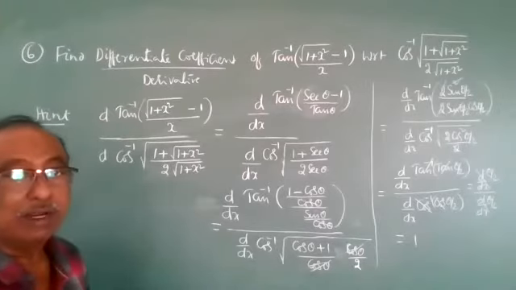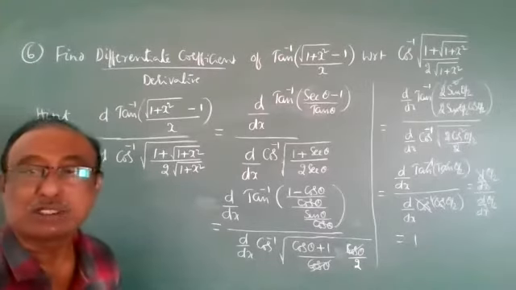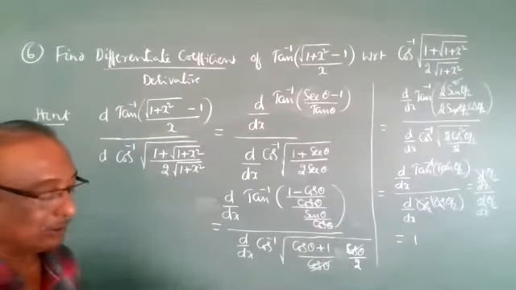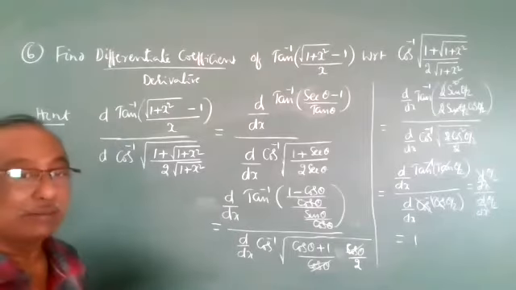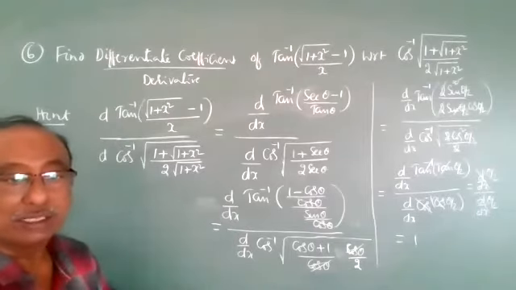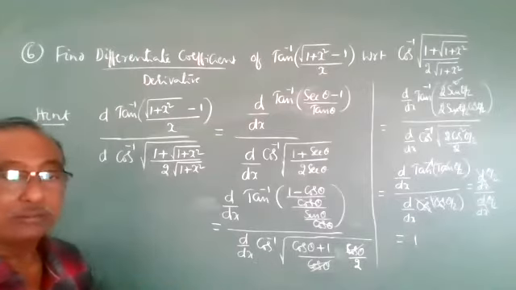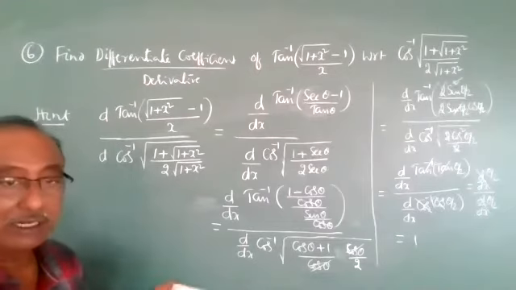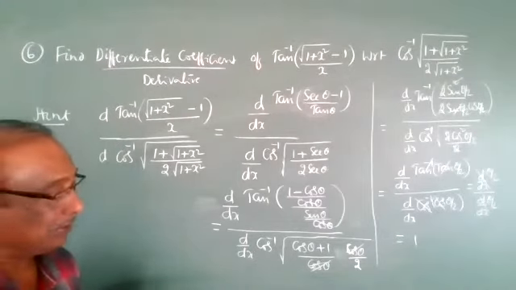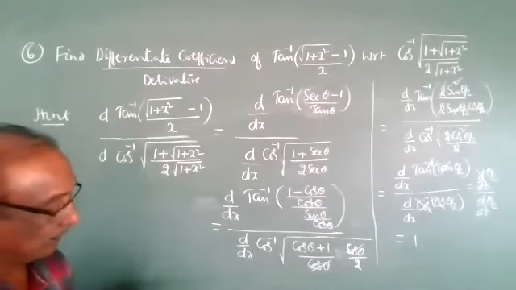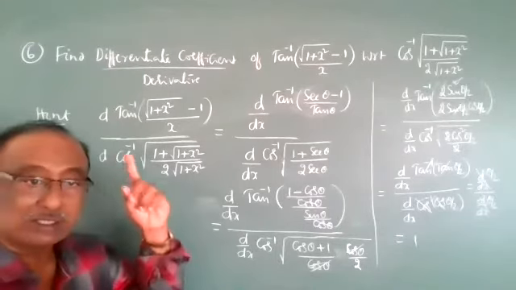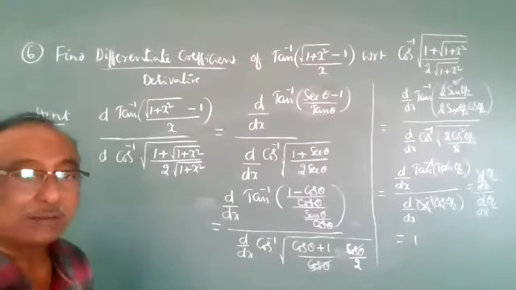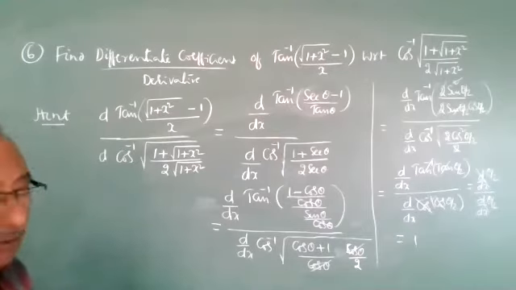Right, the derivative of one function with respect to another function is completed. So all models are completed. Next, I go through the differentiation of the determinant. This is a new topic, not in our textbook, but they are asking, so that's why we are going to discuss the derivative of the determinant. Next, we go through higher order derivatives, section 5.7, the last topic.